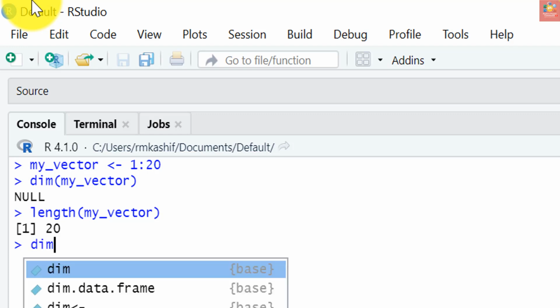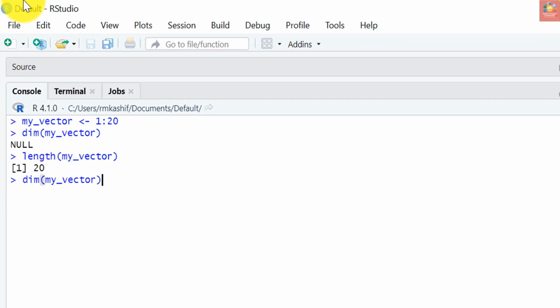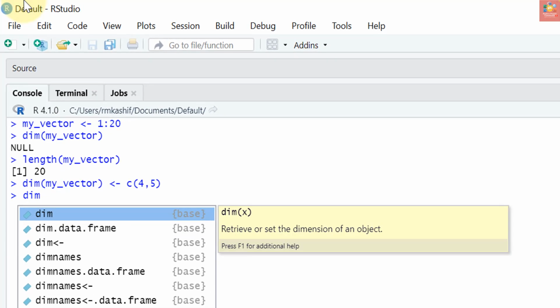But what happens if we give a dimension to a vector? For example, dim of my_vector, let's assign it c(4, 5). The dim function allows you to get or set the dimension attribute for an R object.